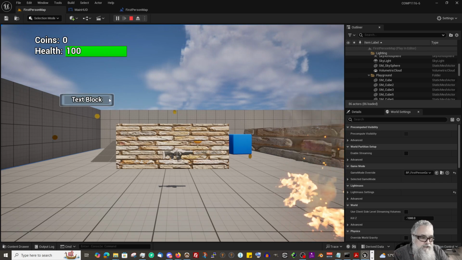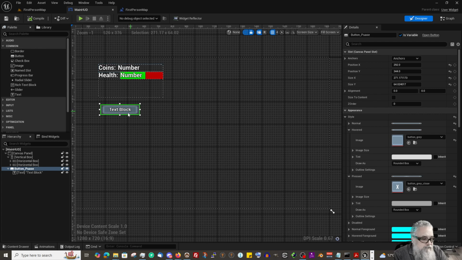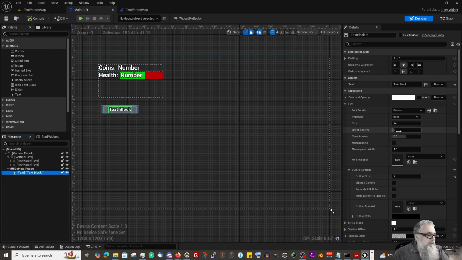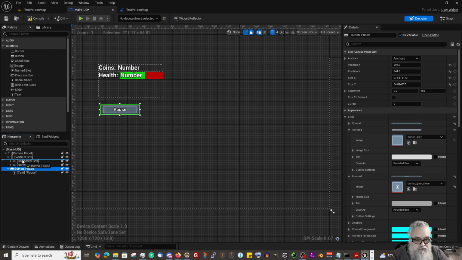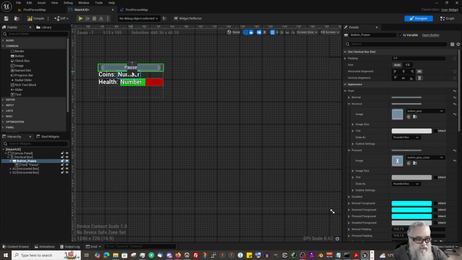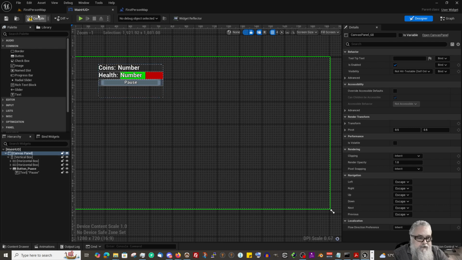Now we're talking about this being a pause button, so let's actually change the text. We're going to highlight the text and find our text field where it says text block, and we're going to say pause. So now the button reads as pause. We probably want to stack it in here, so we could just simply take the button and drag it in underneath here. And I probably want it down further. I'm just using the arrows to move it. And now I've got a pause button